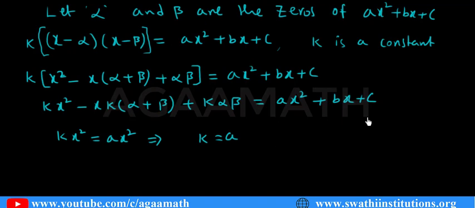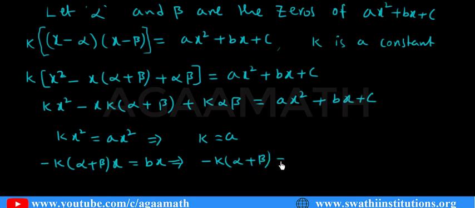So let it be now. Now we see equating the like terms, like your coefficient of x is b here, and here the coefficient of x is minus k of alpha plus beta, right? So minus k of alpha plus beta of x is equals to bx. In this x eliminated, and then what we have is minus k of alpha plus beta is equals to b,